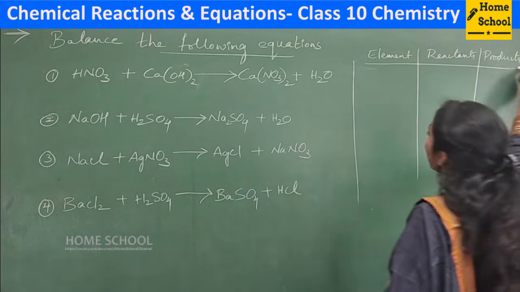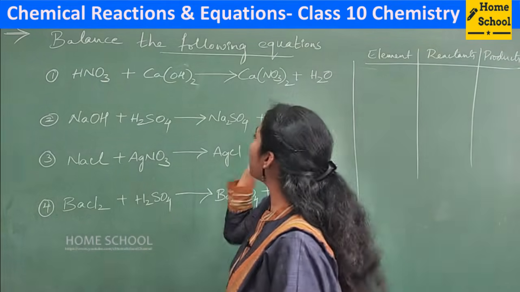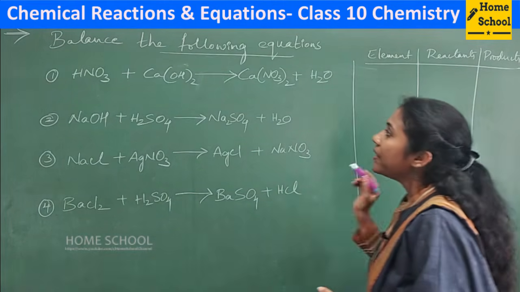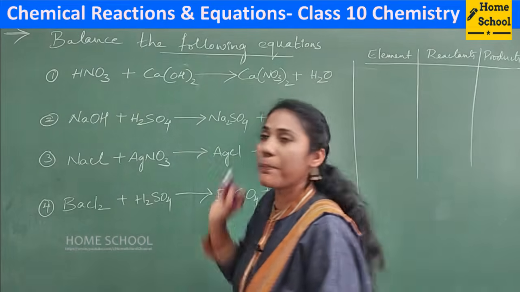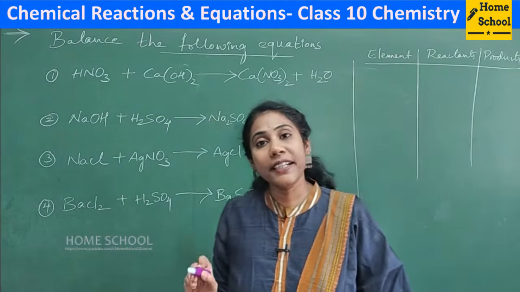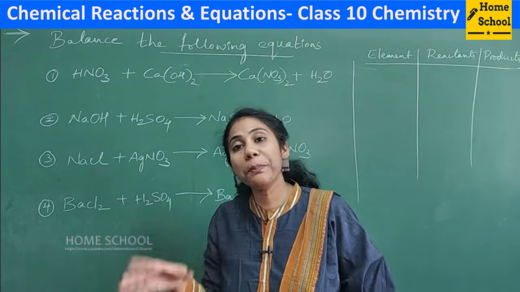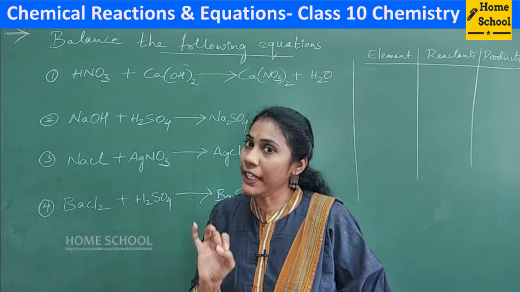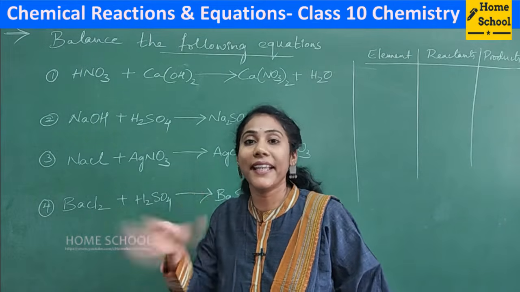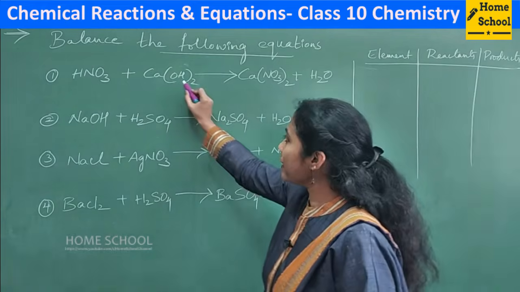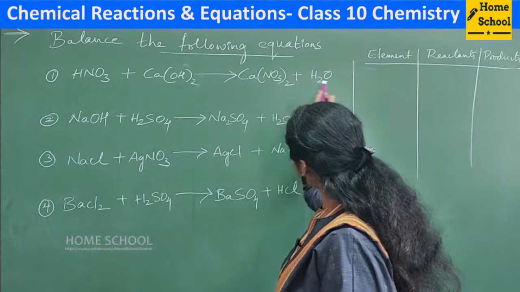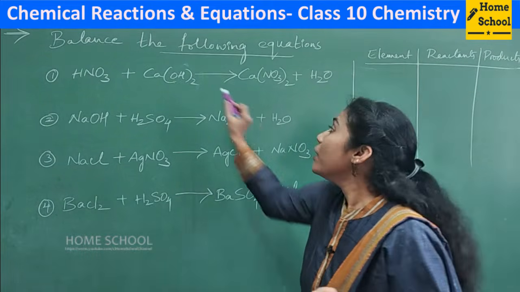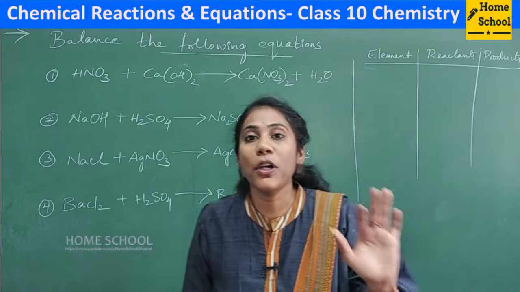Okay, so now tell me, is there any polyatomic group? First you have to identify whether you have polyatomic groups or not. OH is a polyatomic group, but if a polyatomic group is there, it should be present both in the reactant as well as product side. Then only you can consider it as a group and then balance it. Clear? So OH is a polyatomic group, but is OH present in the product side? No, OH is not there in the product side. So you should not consider OH as a polyatomic group.